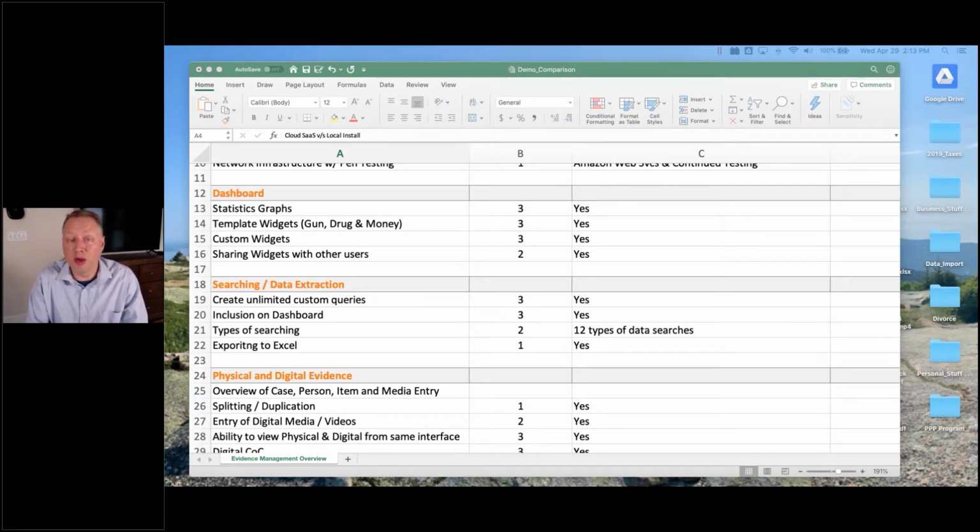How much of it has been disposed of? How much of it have you returned to owner? Can you give me a list of all the evidence that's been returned to the owner? Can you give me the value of all your currency and all your drugs and everything else? To me, if you cannot answer those questions, and if you can't do it within a reasonable amount of time,